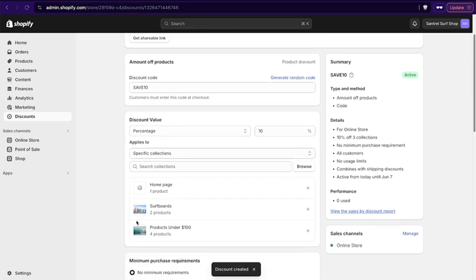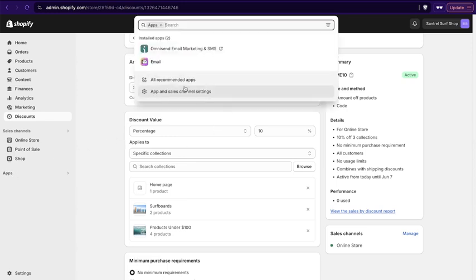I actually did add all 3 collections right here, so it's valid for all products on our site. But you could do individual things if you wanted. Now, going down to apps, this is the next thing I was mentioning, if you wanted to get other integrations, let's go to